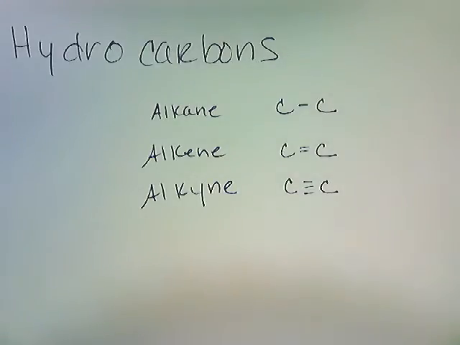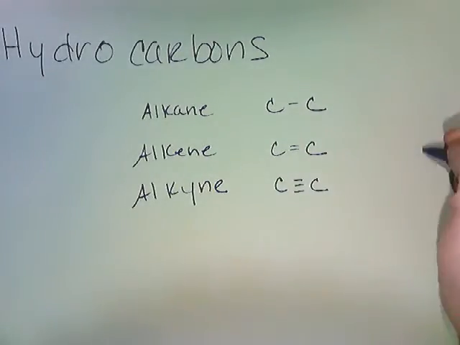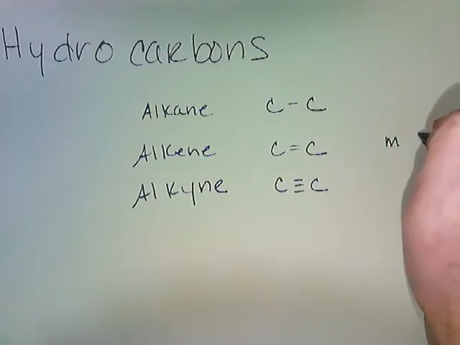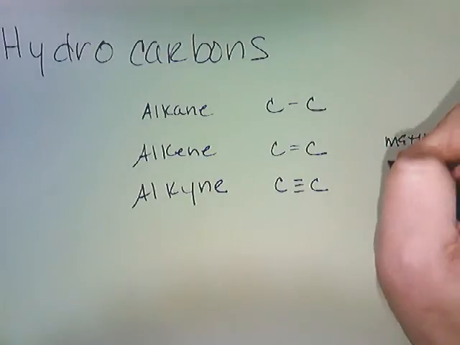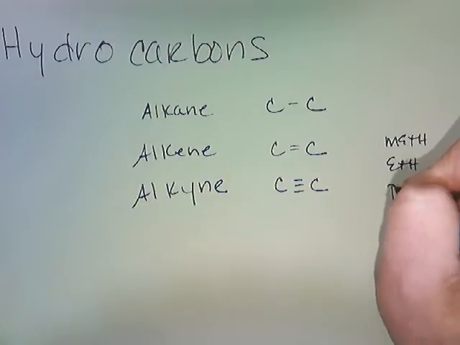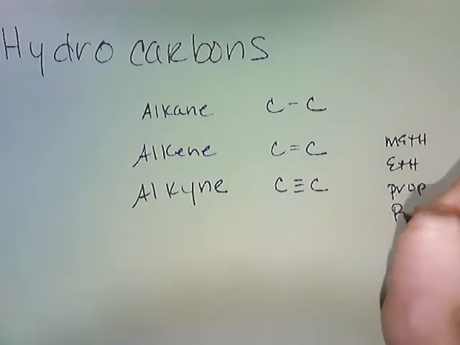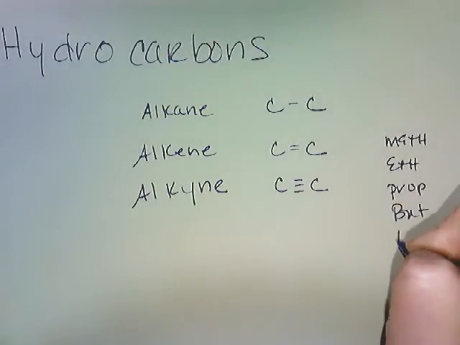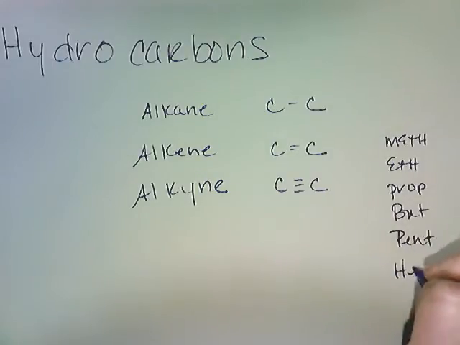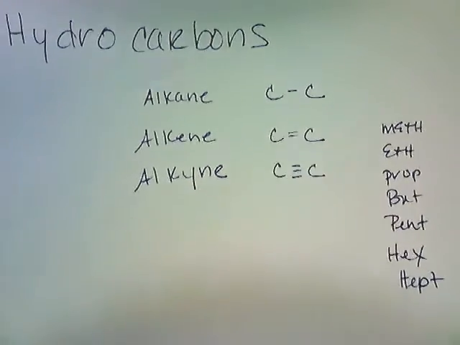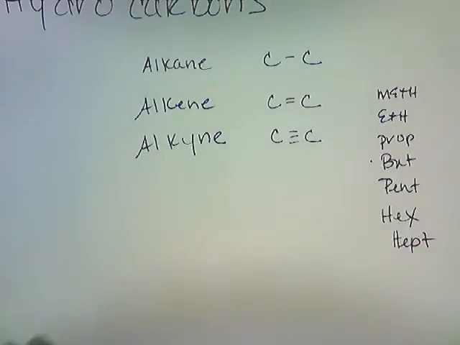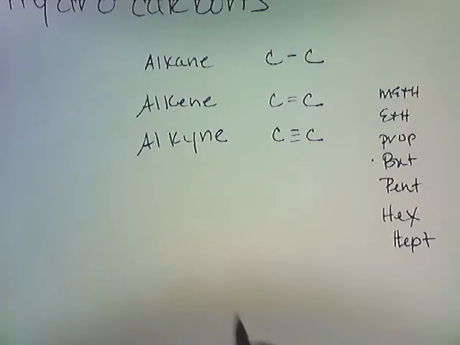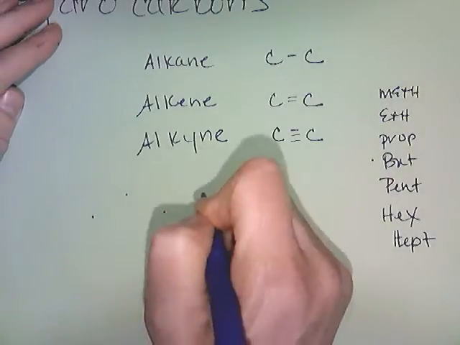One of the important things about naming hydrocarbons is the prefixes. So we need to know how many carbons. So meth indicates 1, eth, prop, but, pent, hex, hept. So let's use but for an example. Okay, so but indicates those 1, 2, 3, 4 carbons in the longest chain. So let's make that 1, 2, 3, 4